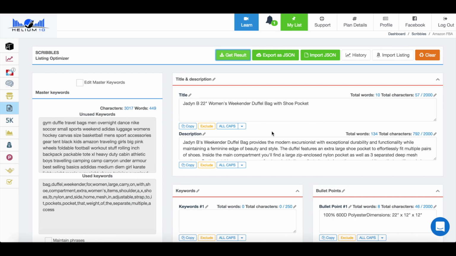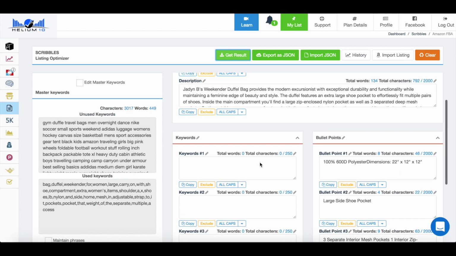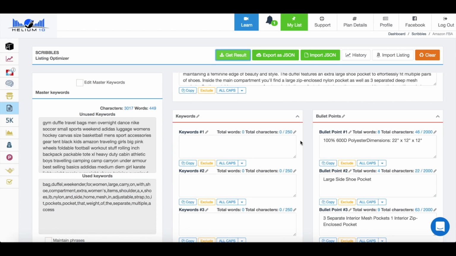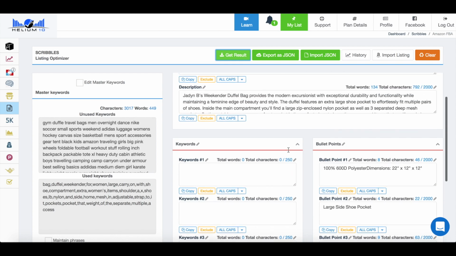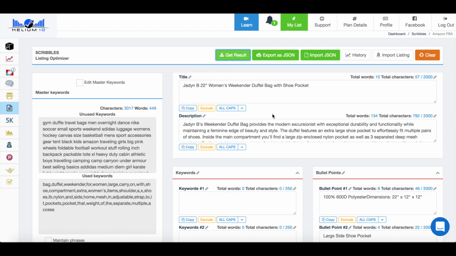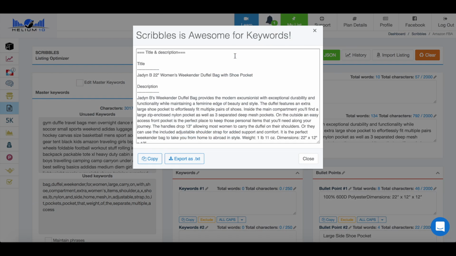Then once you have your listing completely fully optimized, you've made sure that you've got everything filled in exactly the same way that you want it. All of these would obviously be filled in. So as I would fill these in, they would be taking them from here, dropping them down into here, and obviously they would be in here as well. So once the listing is fully optimized, you can then export it out, and you simply just go get result,